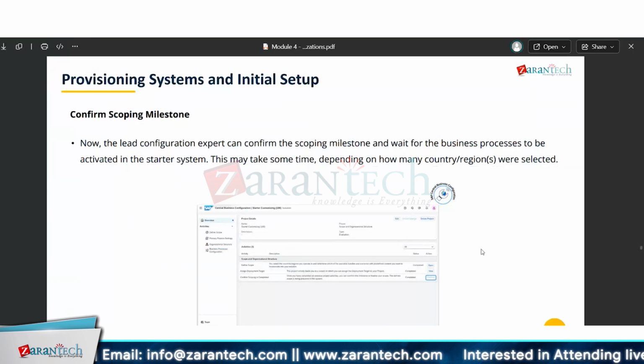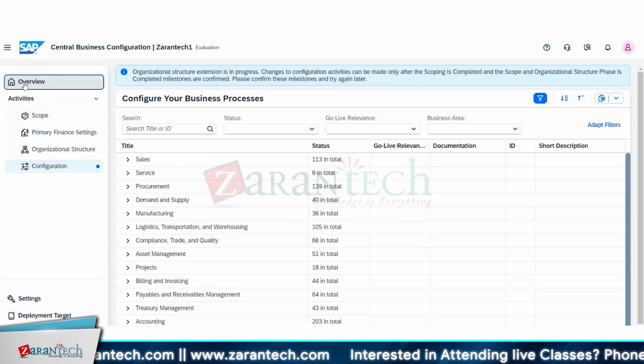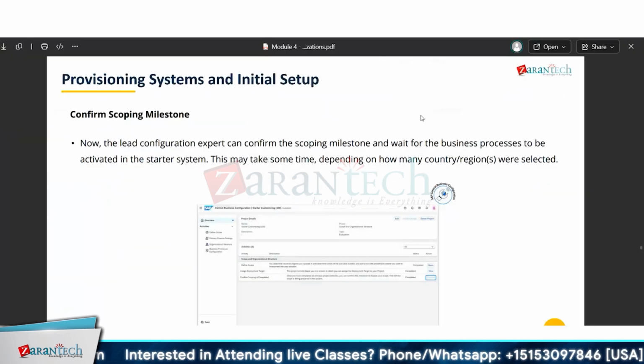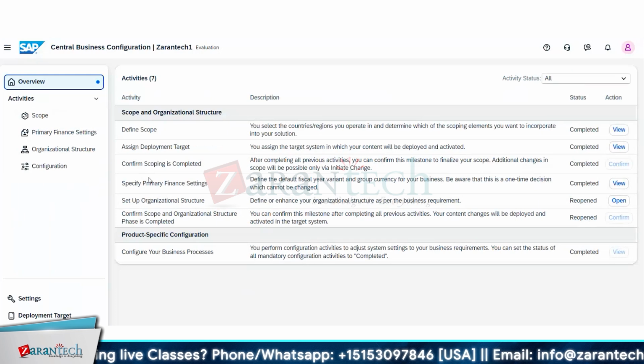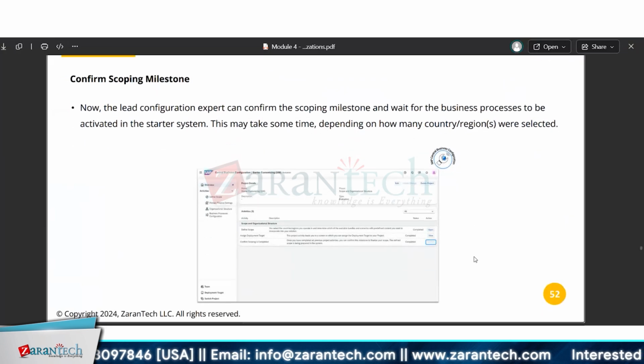So I will show you that step in here. When I go to overview, I go to the scope confirm part. So this is what it is talking about. Then that's what configure the scope is completed. So here also this is confirmed because we have already deployed. Otherwise, configure the scope will be there. Having said that, we can go on to the next part,